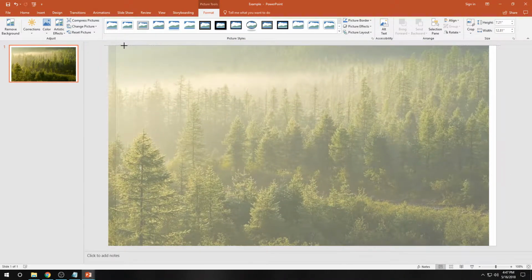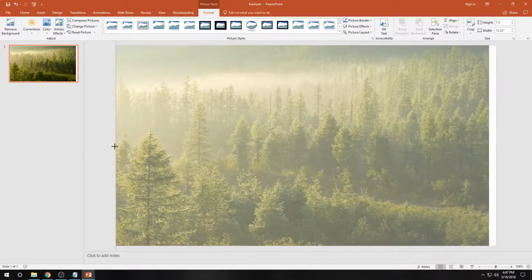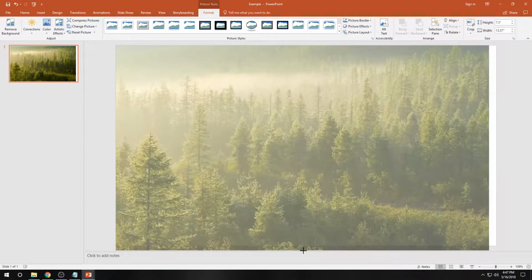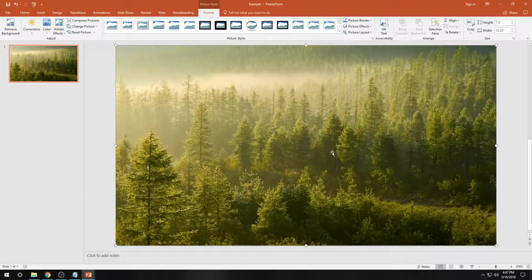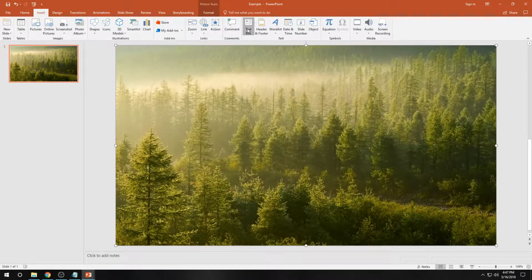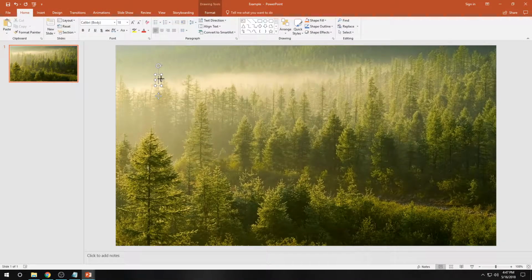So I can just make it the size of the PowerPoint by moving these little balls with my mouse on the side of the photo. So there you go. This is the background now, and if you want to add text, you can also hit Insert and then Text Box, and then you can have this text box, and you can add whatever you want in it. And so yeah, that's basically how I did most of my